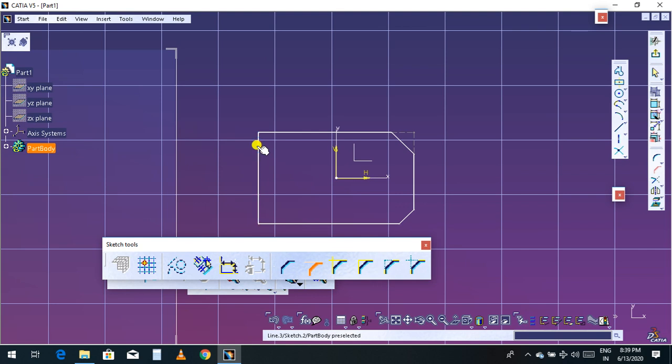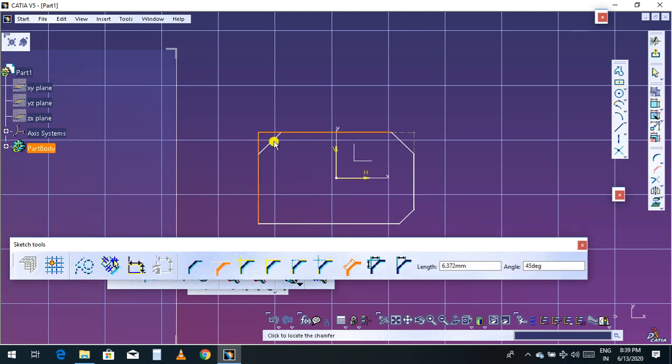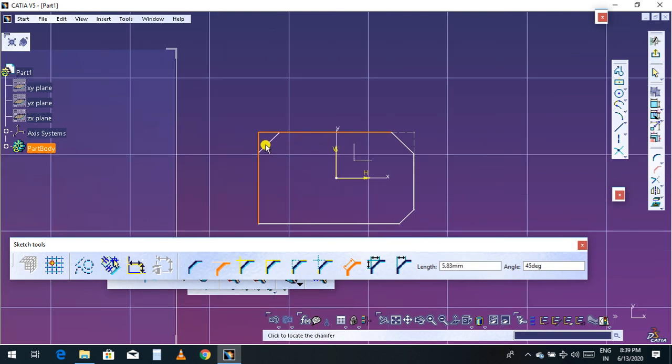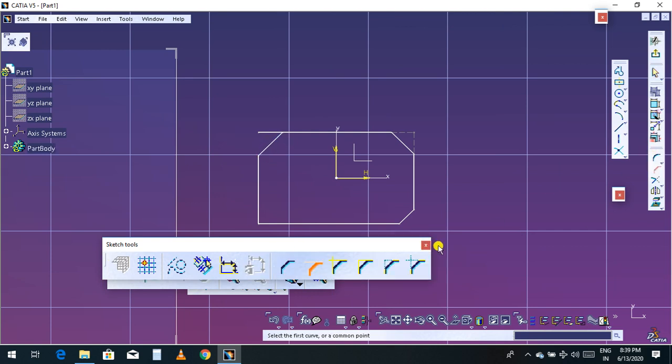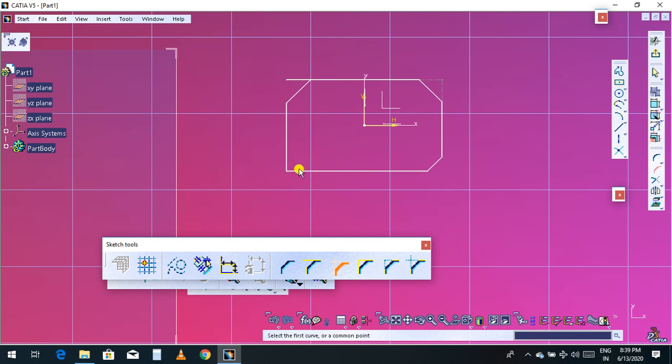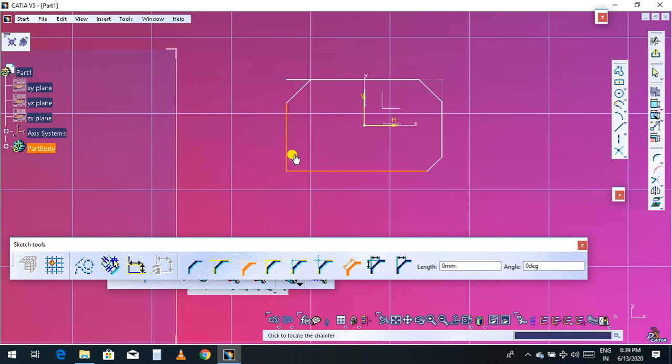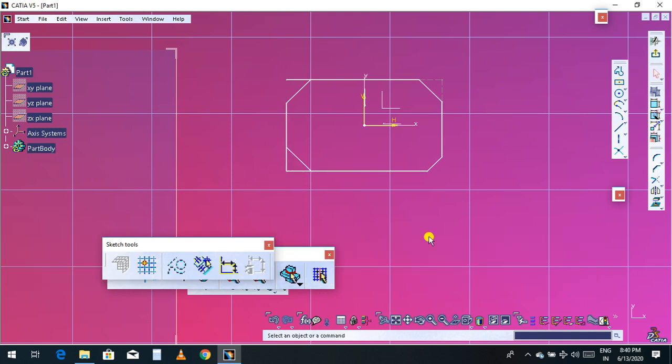Select this line. Give it a value randomly first and choose this one. So one side will be deleted, and the second side will be kept as it is. Now choose another type. This is the no trim. On this side you will not be able to trim. You will be able to trim, but both sides will be kept as they are. You give a trim as much as you want, and both sides will be kept as they are.